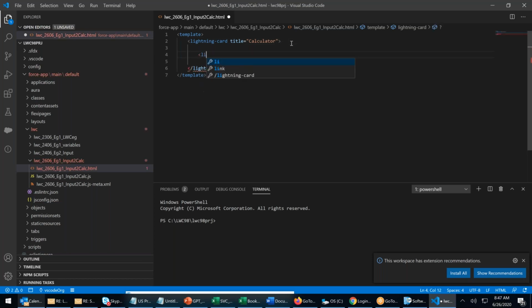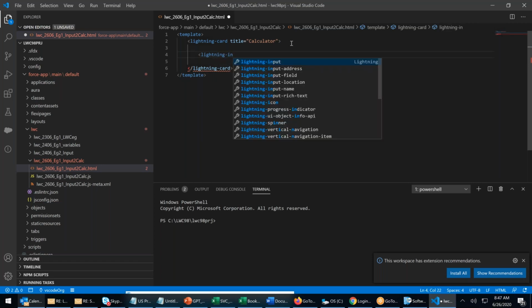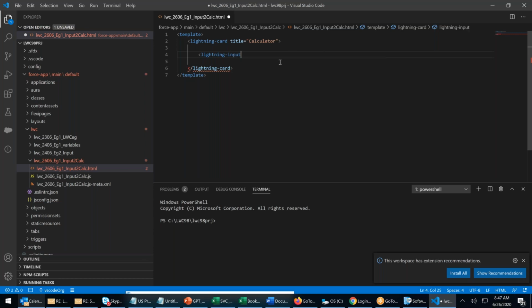First one, lightning input. I will say type. What type of data will it take? Type equals number. Next, label. The label is: enter first number.